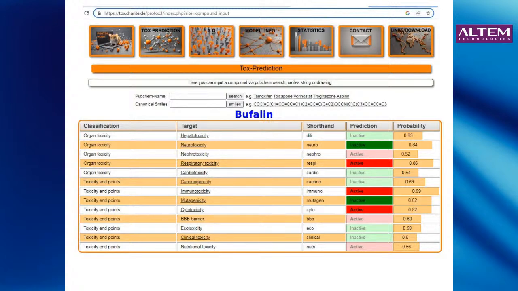However, here the ProTox server indicates that it could potentially have cytotoxicity. But if you look on the rightmost panel, it says the probability is only 0.82. So probably it's not really a risk in pig cells. There is always a little bit of mismatch between what we see in the prediction servers and what really happens inside living cells or in the living animal. However, most of the time these predictions give a good indication.